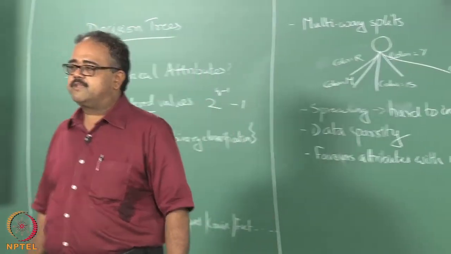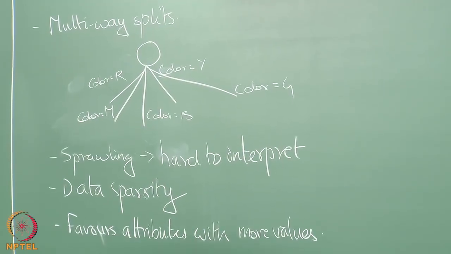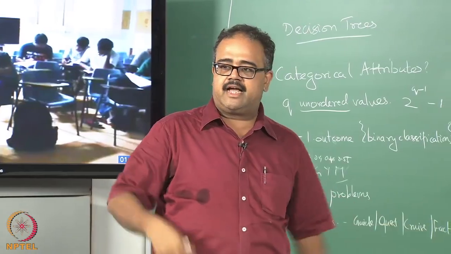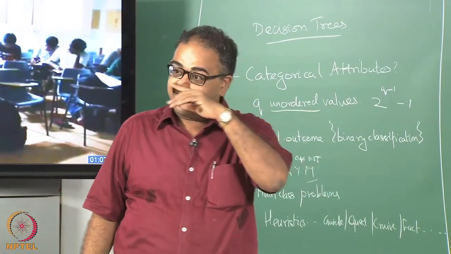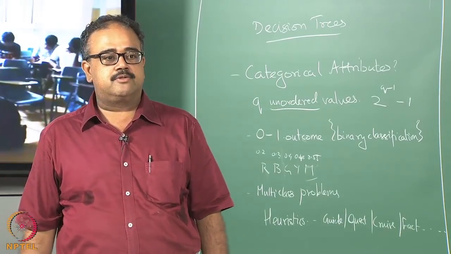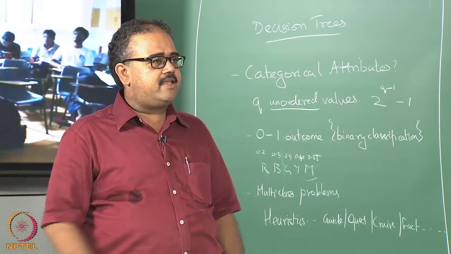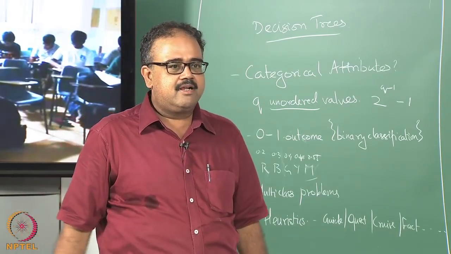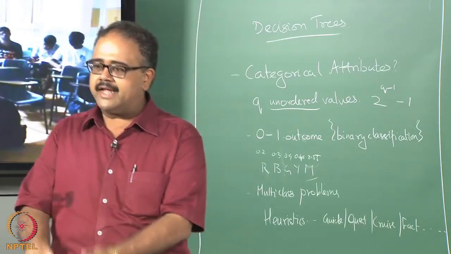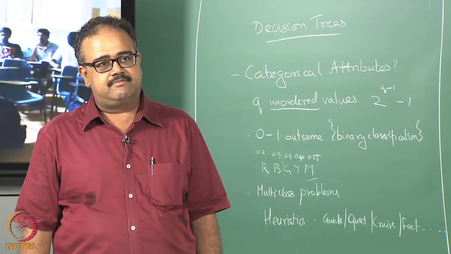So, if you are doing these multi-way splits, it is going to naturally favor attributes with more values. Let us say I have color and then I have something else like age, and color has 5 values and age has like 15 different bins I have split age into. So, when I split on color I will split into a 5-way branch, when I split on age I will split into a 15-way branch. Of course, there can be exceptions, but I would more likely find purer leaves when I split into 15 than when I split into 5,